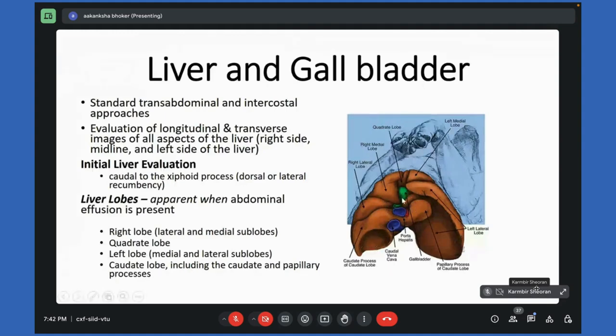This is the gallbladder, which is situated in between the left medial and the quadrate and the right lateral, right medial lobes. So this is the gallbladder. For performing the sonographic examination of the gallbladder, we can perform it transabdominally, or we can use the sonography instrument which is